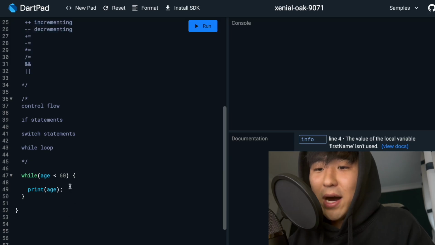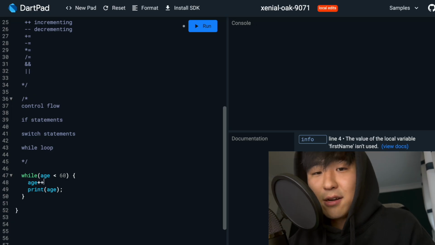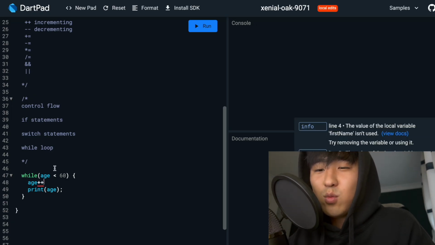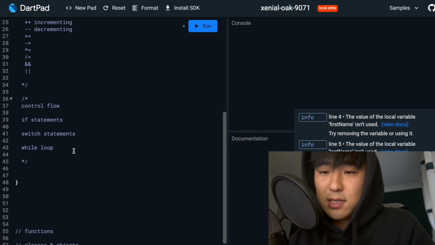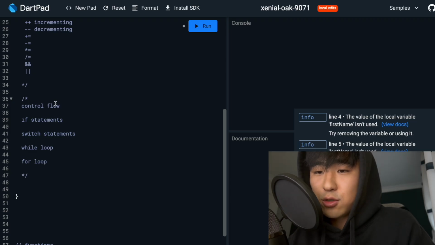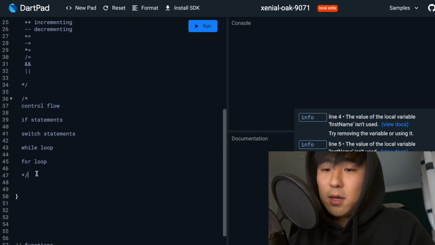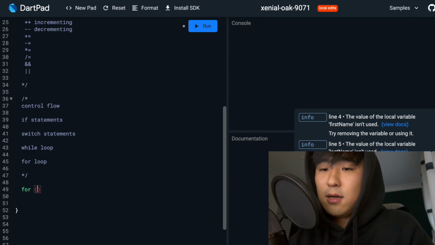So that's why with a while loop, it's very important that you have something that will break out of the loop. And so this is why, if you're a beginner, I think it's better, instead of using a while loop, to use a for loop, which is the last control flow I want to teach you about. Because a for loop already takes into consideration those issues. So what I mean is you get for,